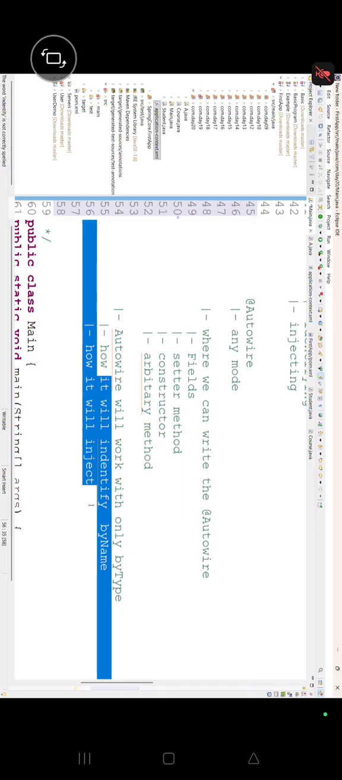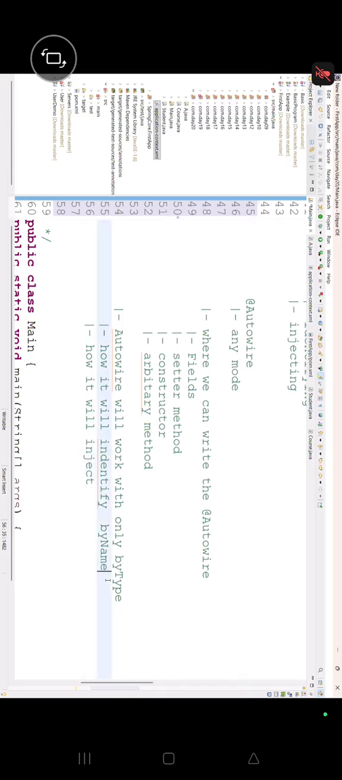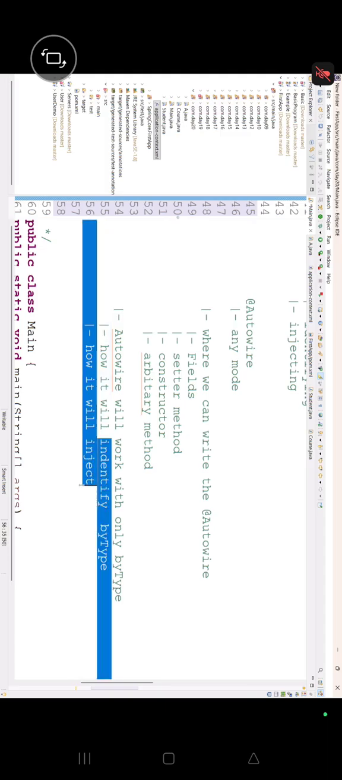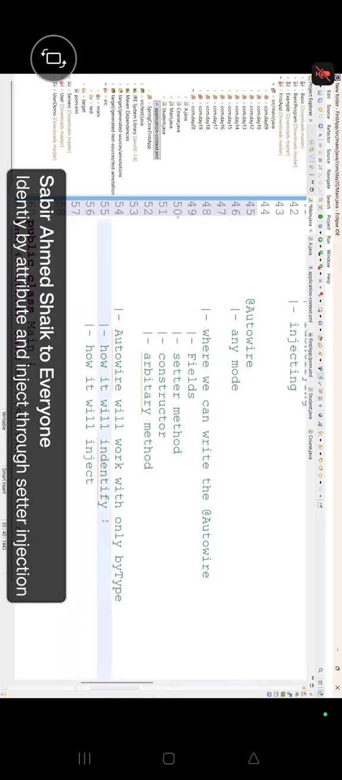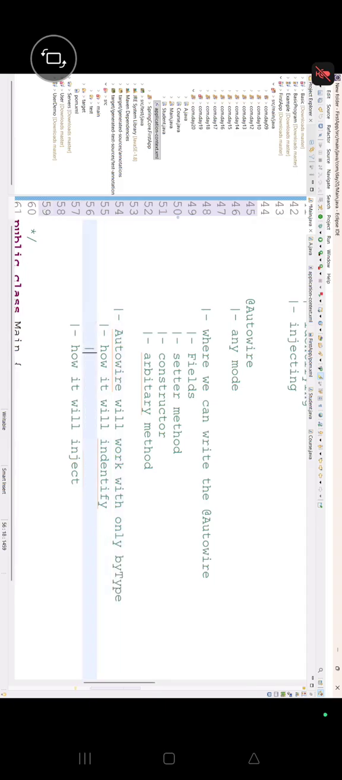It will identify by attribute and inject through the setter. If I ask the same thing with by type, it will identify with the type and inject through. In the same manner, right now you are thinking whether autowire will work with by type only, meaning it will work with setter? No. That's why I'm telling you, by type will work how? Identify